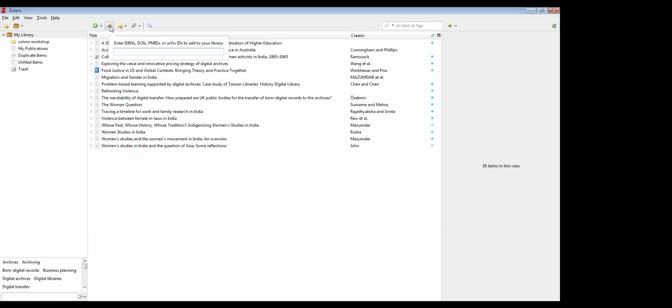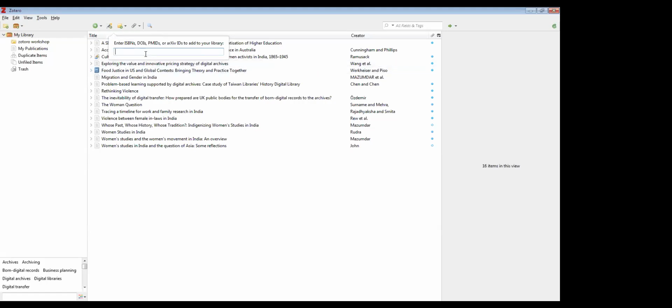If you directly feed the DOI number or ISBN number here, it will automatically search for the articles through the identifiers when you click on the magic wand.